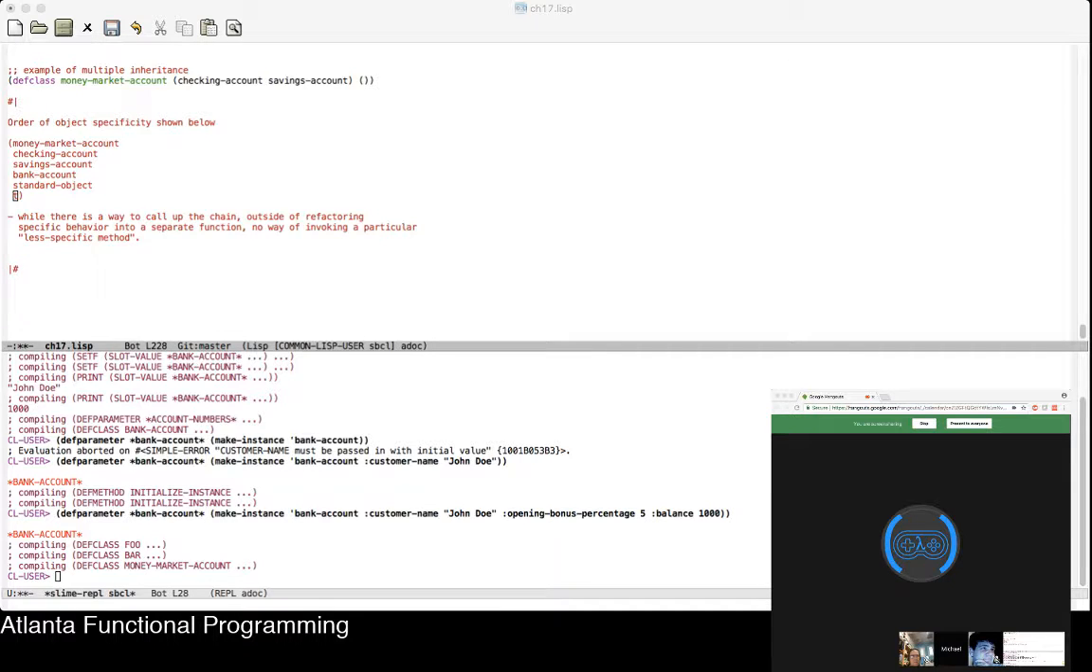While there is a way to call up the chain that is from most specific to generic, there isn't actually a way to invoke a very particular specific, less specific method in this chain. So that means if you're in money market account and you want to skip using some functionality that's in checking account, but instead leverage something in savings account,